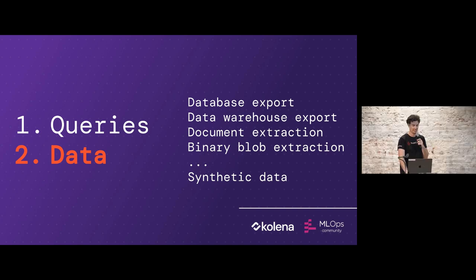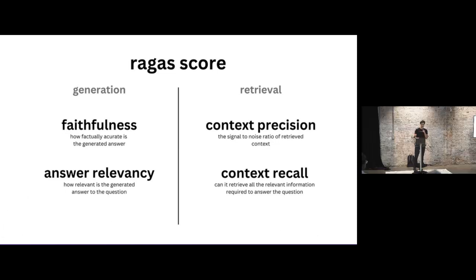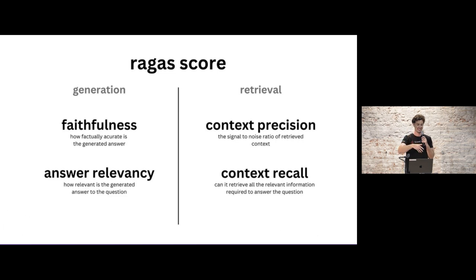And the last problem we have is, how do we actually evaluate the thing? What kind of metrics should we use? This is a lightning talk, and I'm not going to give you a download of 15 different information retrieval metrics. You can Google those yourself. But in general, RAGAS is a framework for evaluating RAG performance, and there are 4 metric categories that I think are interesting. You have precision and recall for the retrieval part, and you have truth and relevance for the generation, because the model that generates the answer given the retrieved results